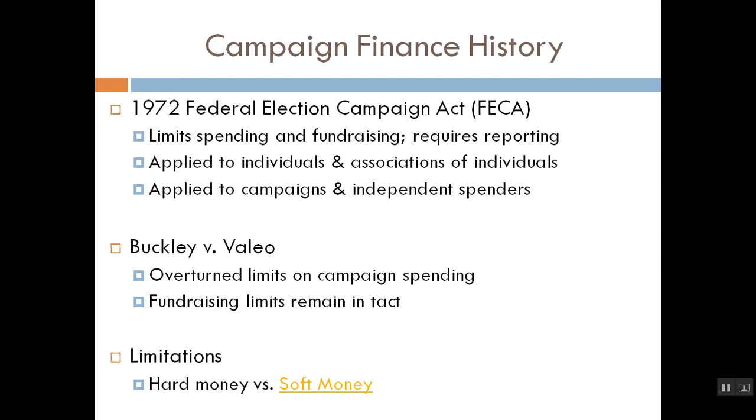But in addition to direct spending by the candidates and their campaigns, we're also going to have to deal with independent expenditures. An independent expenditure is money spent by a private party, a private group of individuals, or a private individual not associated or coordinating with the candidate's campaign. And this money is going to be spent by these third parties in order to influence the outcome of an